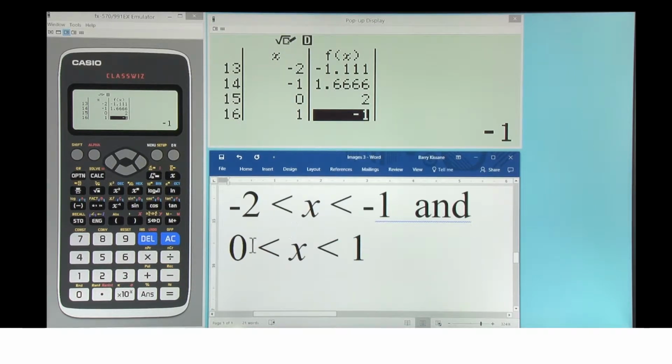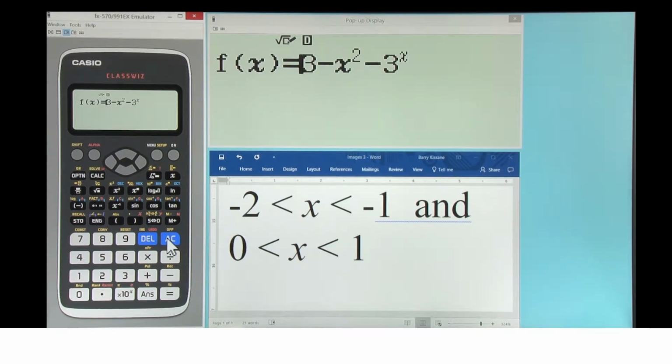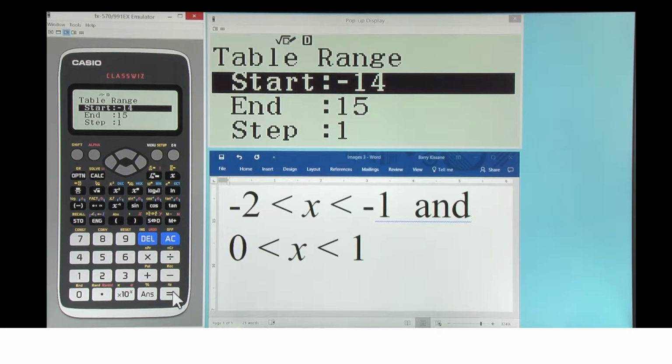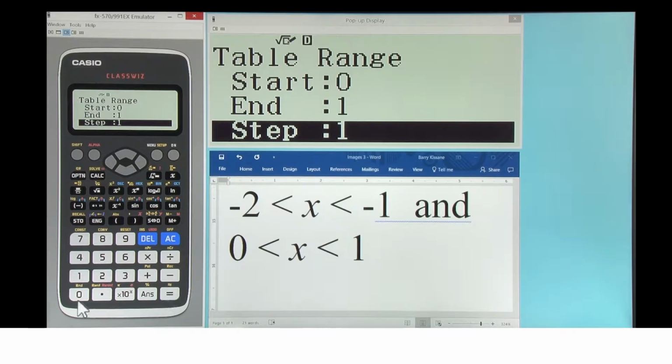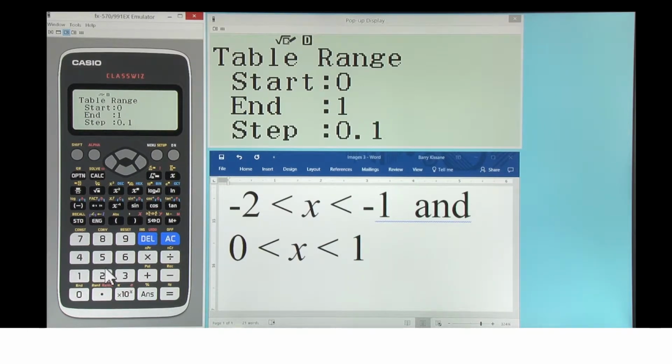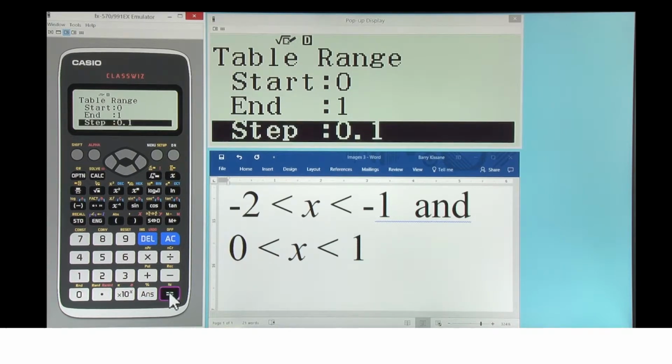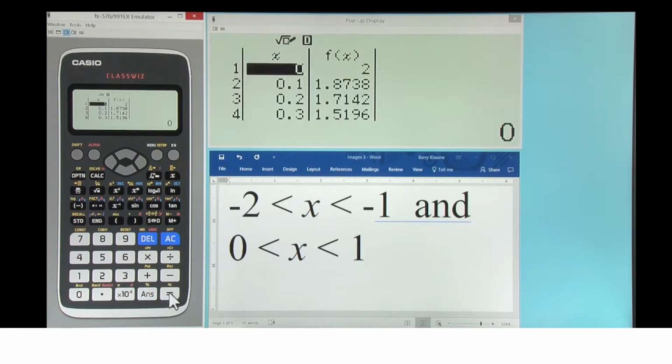So firstly, tap the clear key, AC, to return to the function definition. And tap the equals sign twice, once to keep the same function, once to indicate that we don't need a second function, and now we can change the values of the table. To zoom in, we'll make a table of values between 0 and 1. So we'll make the smallest value 0, and the largest value 1, and make the step between the values 0.1. This is a small table with only 11 rows, but it will help us to see the roots. So tap equals to show the table again.